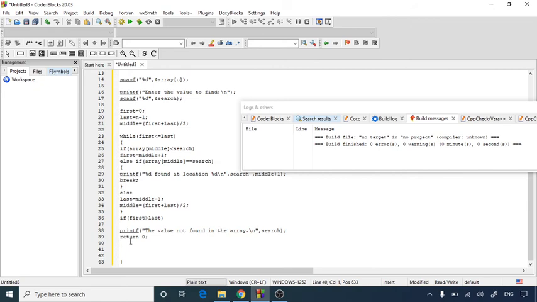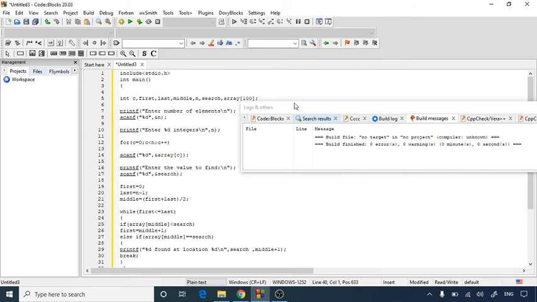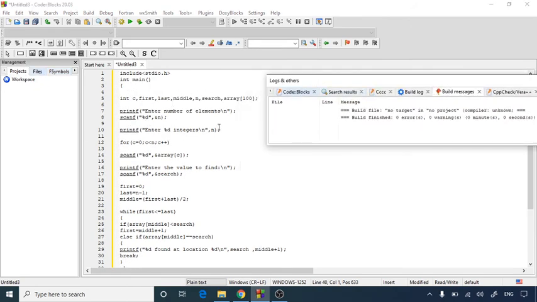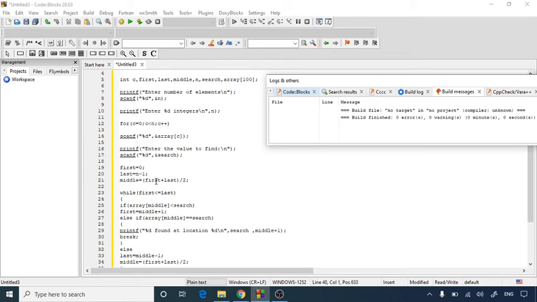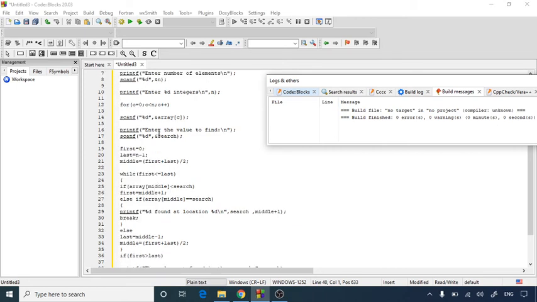So here what we have done: we have declared some variables which we want to use in our program. Then we asked the user to enter the number of elements and the elements themselves, and assigned them to our array. Then we asked which value to find and assigned it to our search variable.